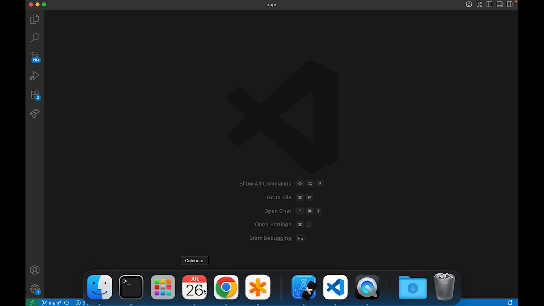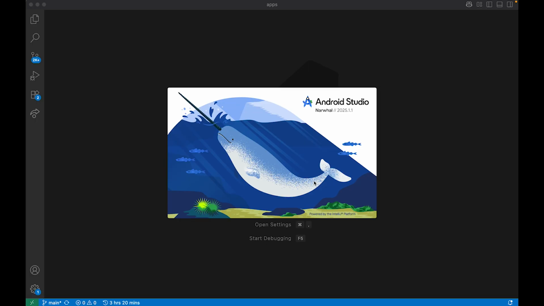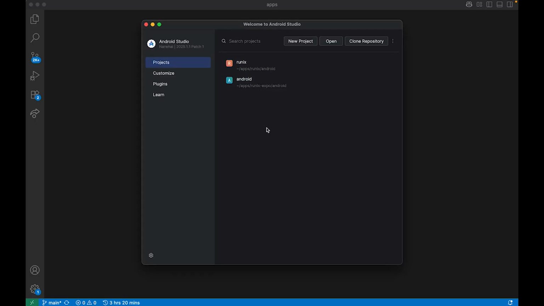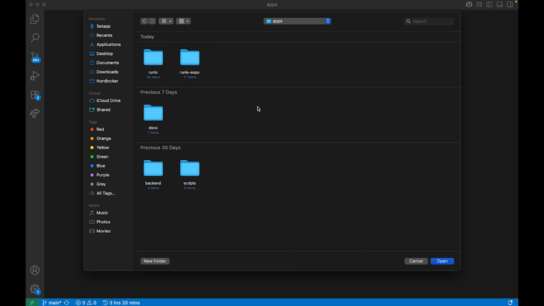Okay, the first step you have to do is first open your Android Studio, right? And then inside make sure that you have the latest version, and then the next step you have to do is tap on open and then go to your project folder, right? So my project folder is